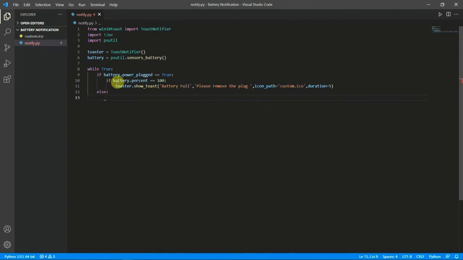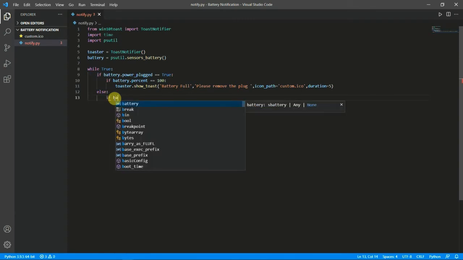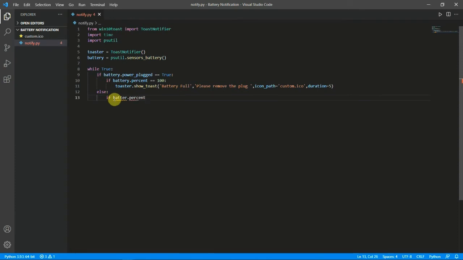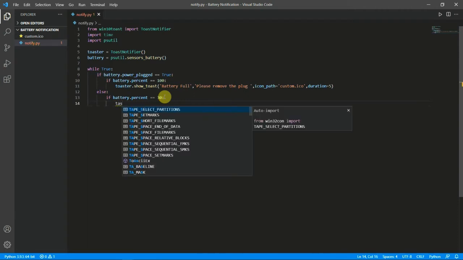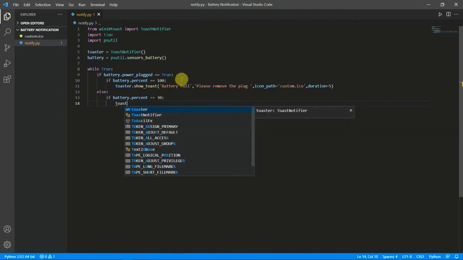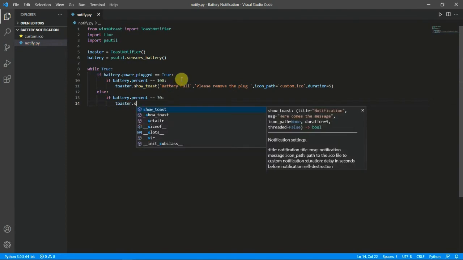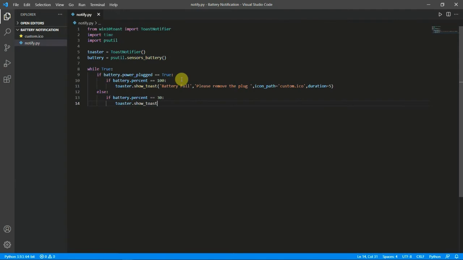we will check what to do when the battery is not plugged in. And if the battery is not plugged in, we will check if it is battery dot percent equal to 30. Again we will throw the toaster dot show toast.